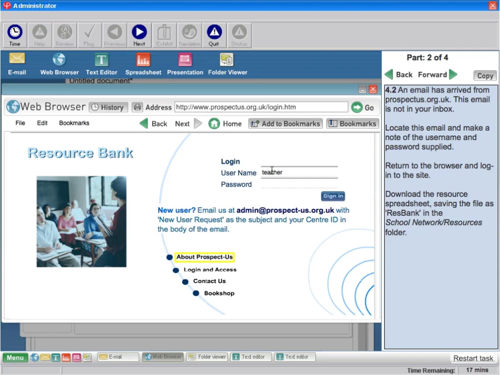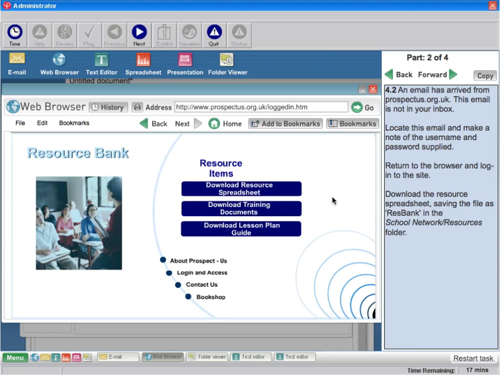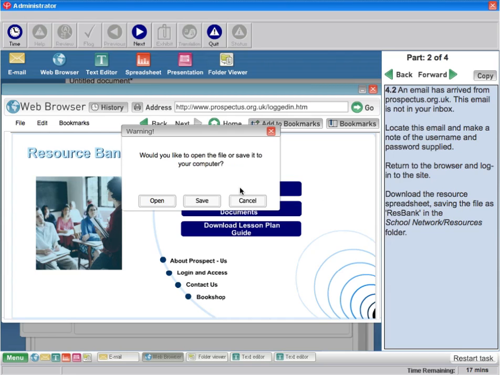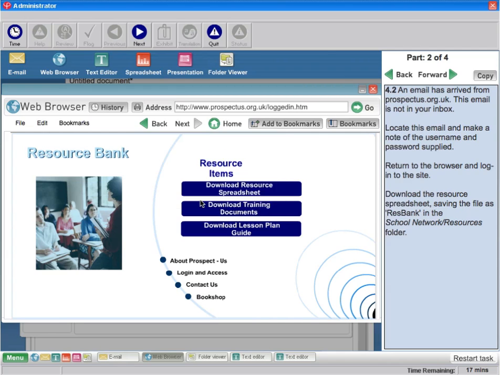Teacher and central one. Better type it in. You know what these things can be like. Sign in. That worked. That's a relief, isn't it? Download the resource spreadsheet. Would you like to open the file or save it to your computer? I want to save it